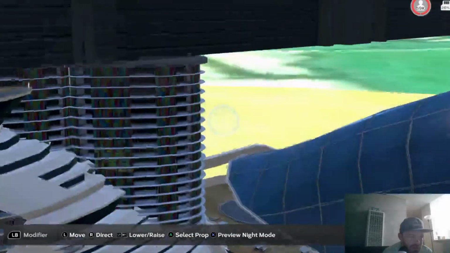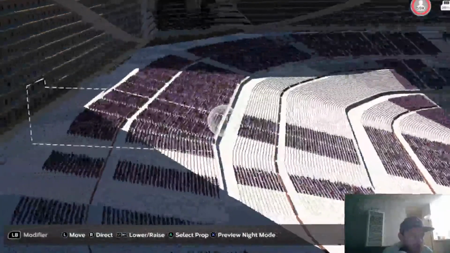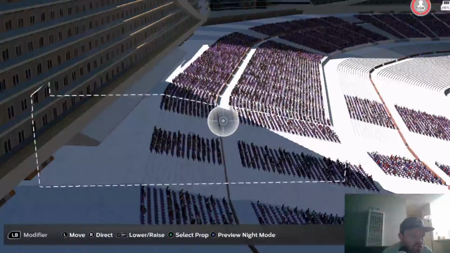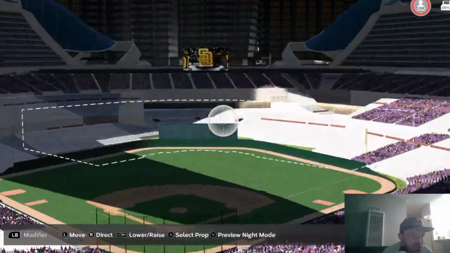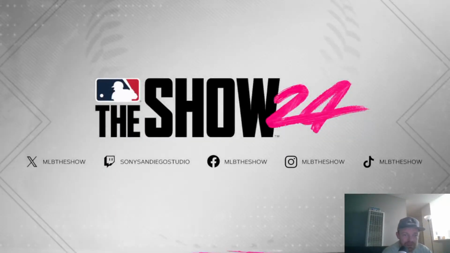Darn, I lost my train of thought. Oh, the cruise ship. There we go. Yeah. Let's see. I don't know, it looks interesting. I don't know if I'll ever finish that. Come up with something with that, but